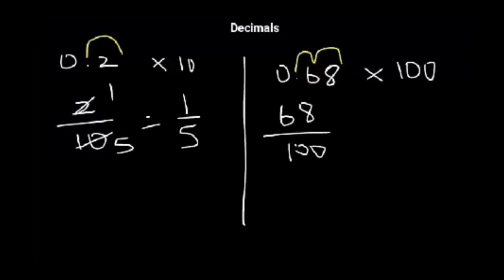So this is our fraction. And now obviously we can simplify this. The easiest way to simplify this is to first divide it by 2, since both of the numbers 68 and 100 are even numbers. So dividing 68 by 2, first we'll have 2 into 6, which gives us 3, and then 2 into 8 gives us 4. And then 2 into 10 gives us 5, and then 2 into 0 is 0. So our new fraction is 34